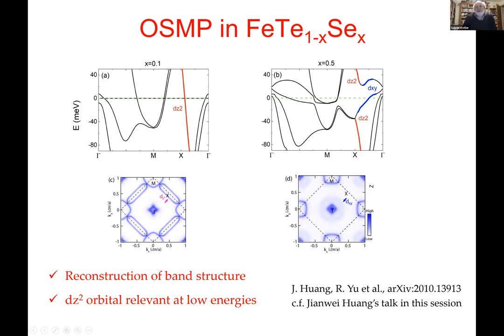But I just want to know who to believe, because I agree this is a detail, but at this level of calculation it is just a question of detail. So are they experimentally sure that the dxy, that this is not correct and the dxy lies below? So the dxy pocket is smaller than the xz/yz pocket.